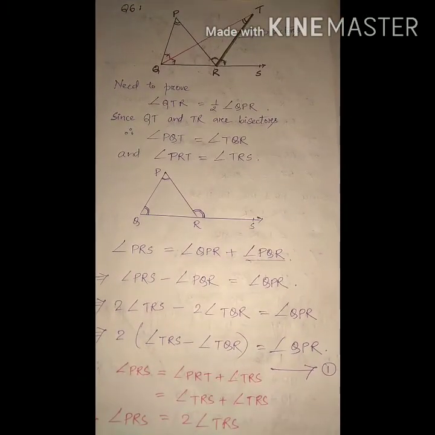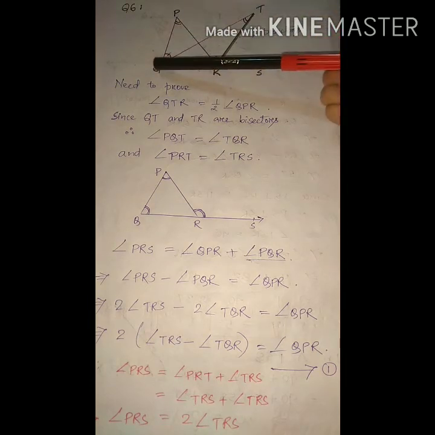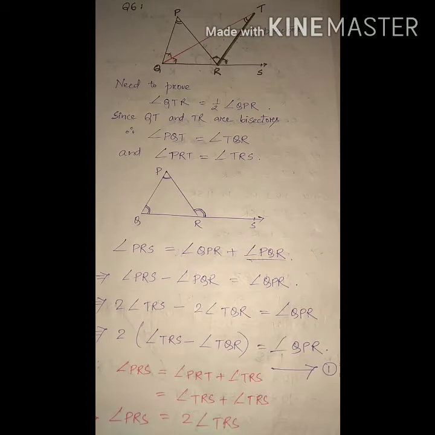Now after question number 5, next is question number 6. In question number 6, the diagram is given like this, and here we need to prove that angle QTR is equal to half of angle QPR, that means this angle. So in this question, first of all,